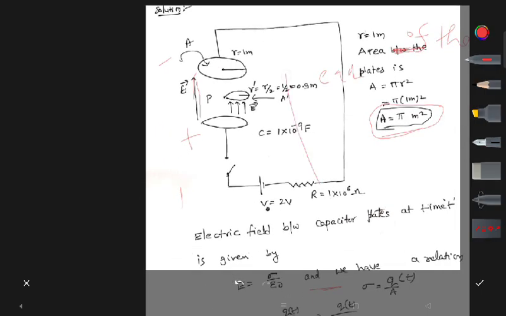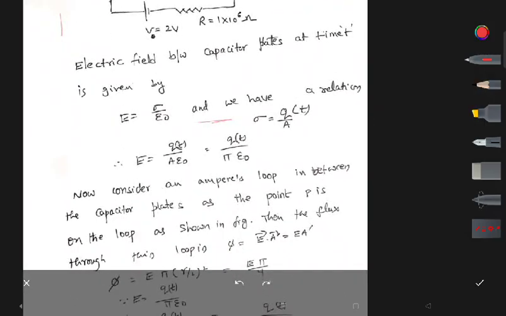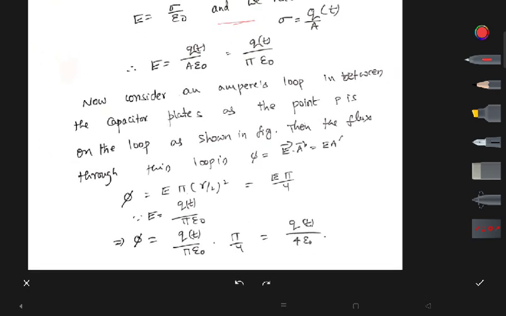Now we are going to calculate the electric flux passing through the area enclosed by the Ampere's loop, E bar dot A bar dash. This area is different from the area of each plate. So therefore